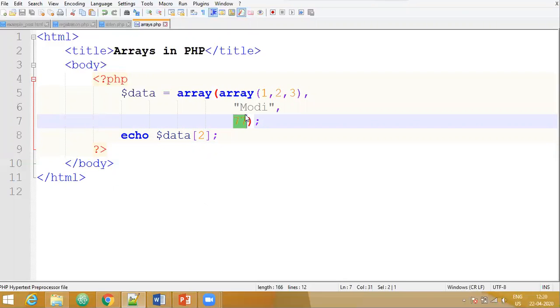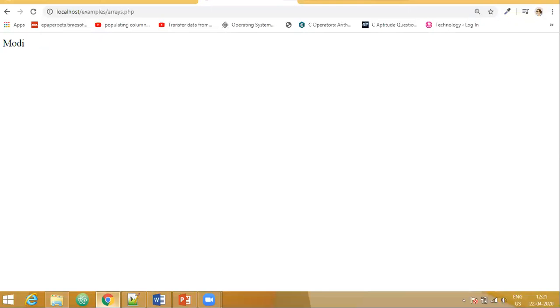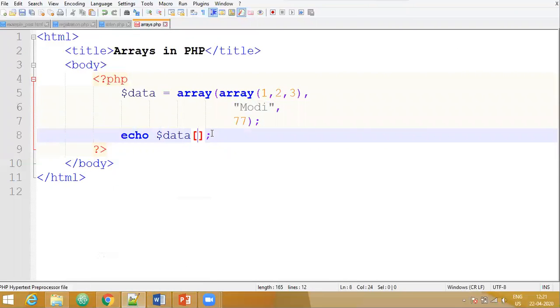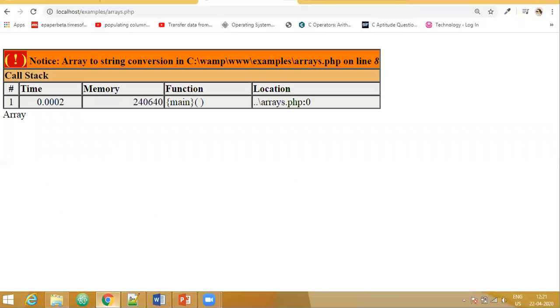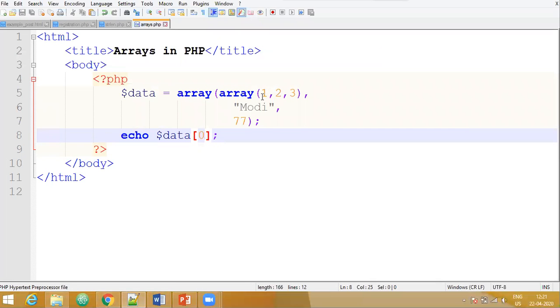Now let us try to get the one that is present at index 1. Yes, we are getting it correctly. Now if I specify it as 0, we have an error here. So now how do we access the values that are present inside this array?